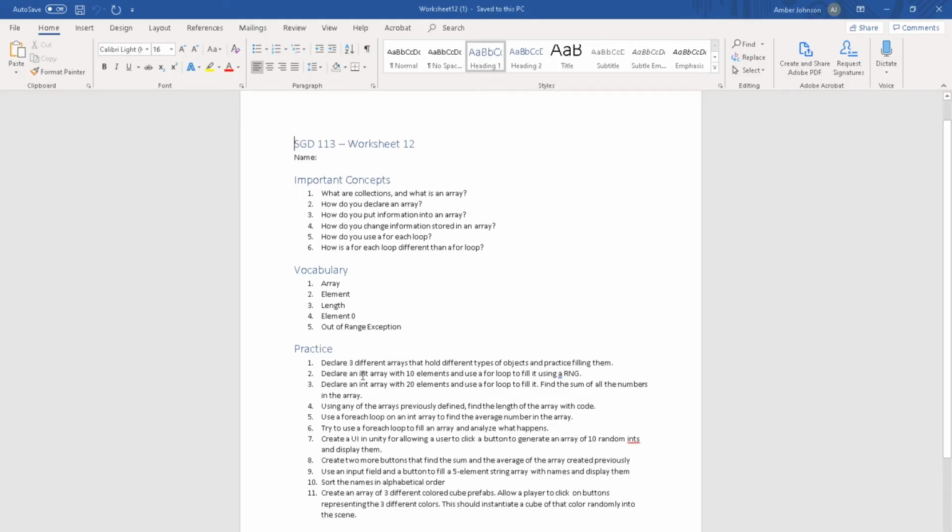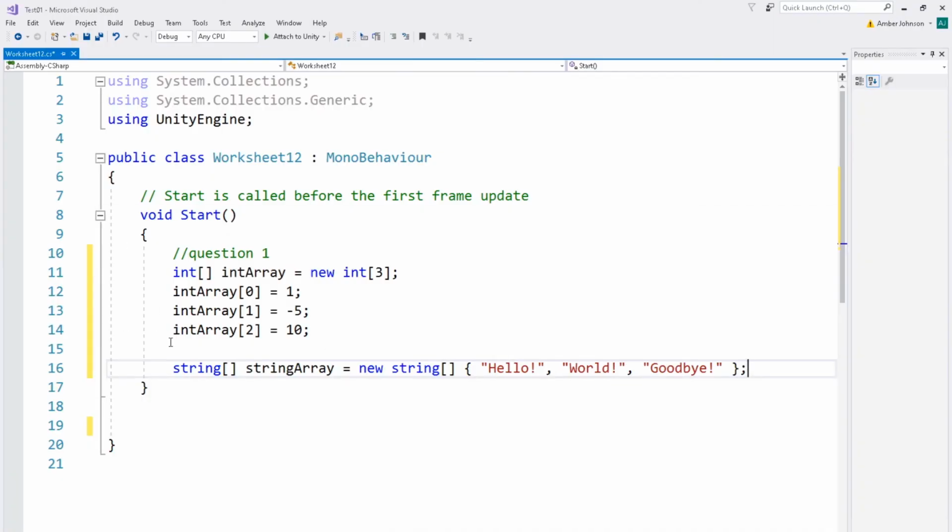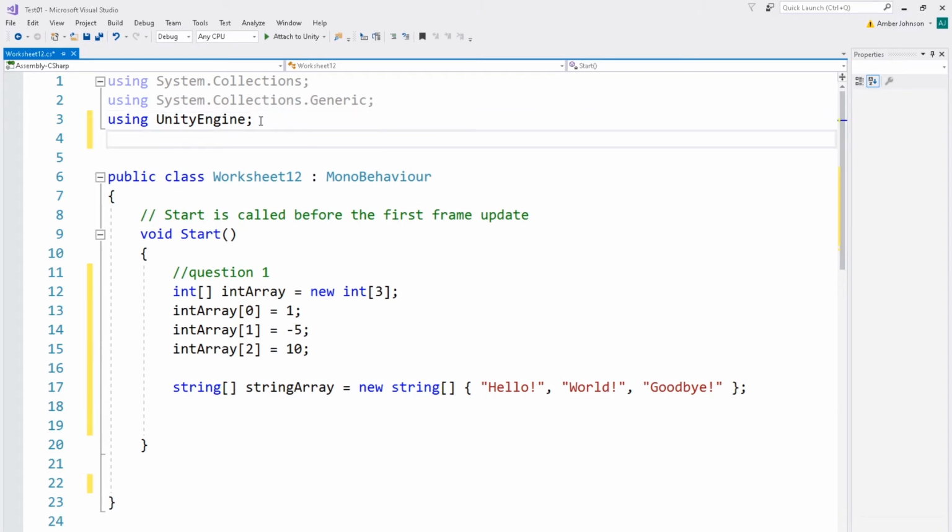For the third one, I am just not going to quite fill it because if you want to practice that, you can. But I do want to mention that ints and strings are fine. You can fill these also with specific Unity types. Like we could do an array of text objects. So, if we add up here at the top, using UnityEngine.UI,